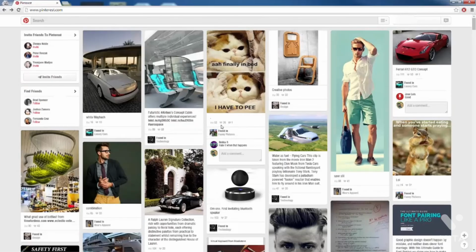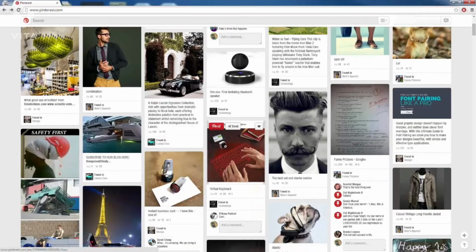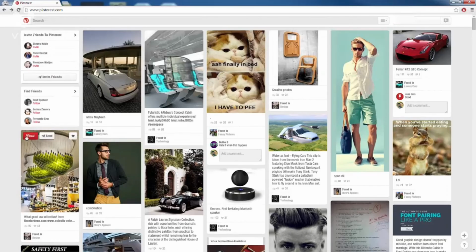I follow funny pictures, I follow technology and things like that. As we can see, it is a bunch of different images mainly that covers my board. If I was to follow your board, for example, I would see whatever you post on your board here. So the strategy that we're going to use is we're going to create our own board that is related to